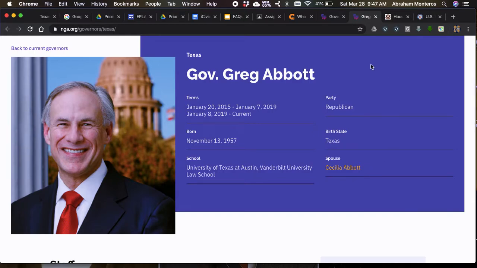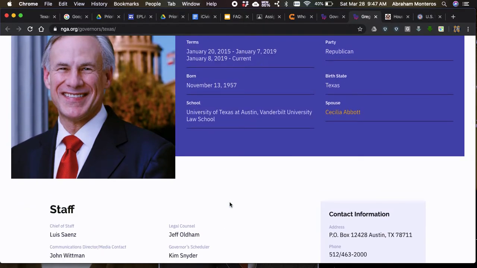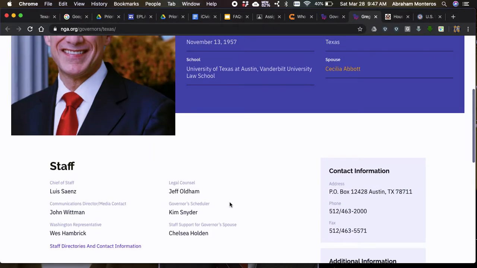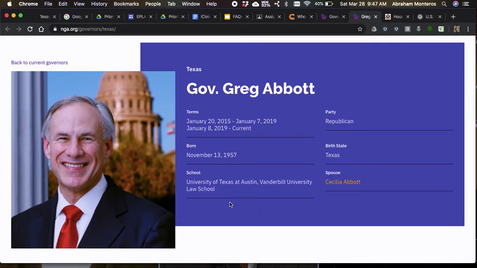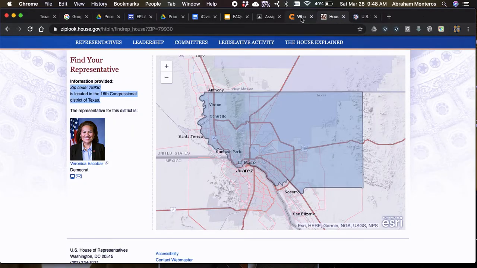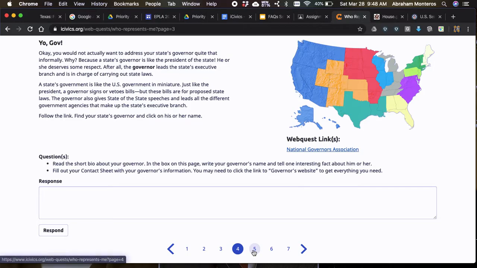And here's some information about Greg Abbott. In this one, you're supposed to look up his name and tell me a cool fact about him or something interesting. If you didn't know, Greg Abbott is in a wheelchair because of an accident. He was jogging and a tree fell on his legs. So after that accident, he's been in a wheelchair. Okay, let's go back. Like I promised, it'll be short and sweet.